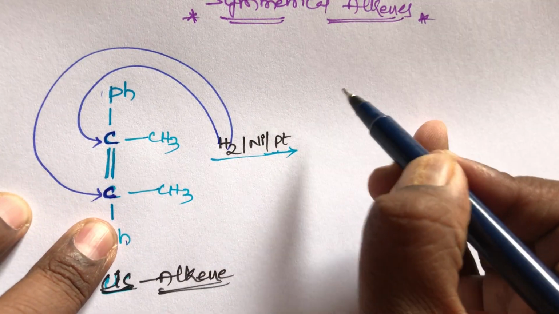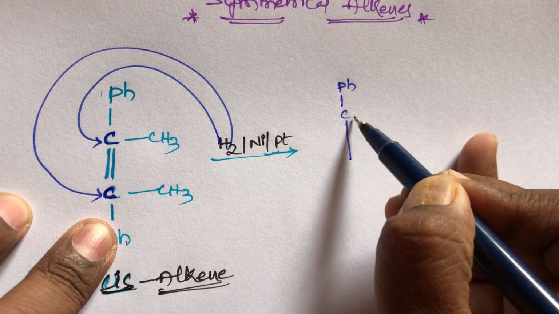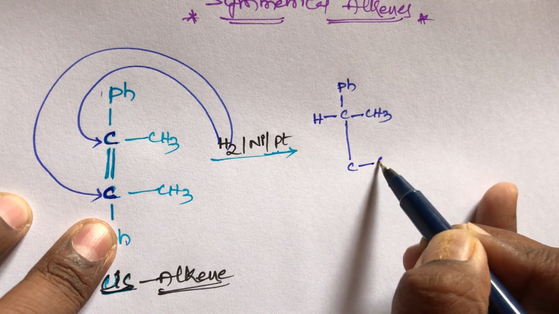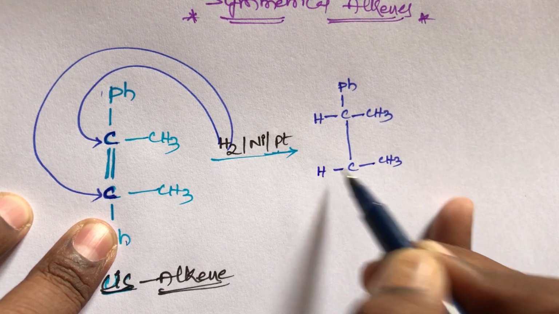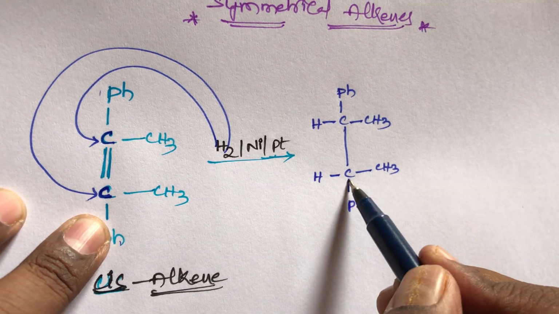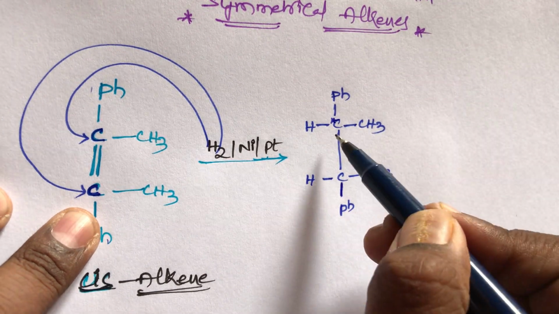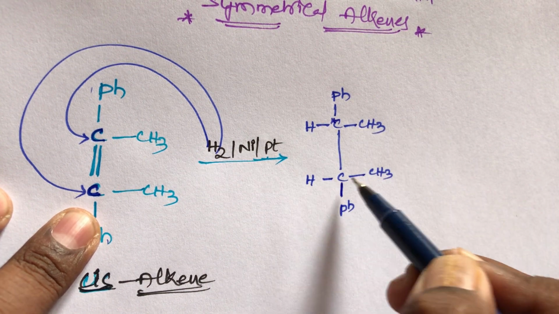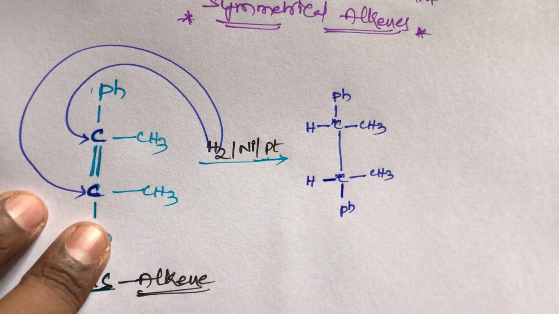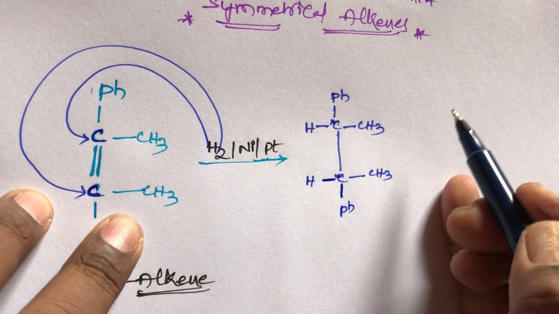Now write the product. This carbon has phenyl, one methyl group on the right hand side, and one hydrogen will attack the left hand side. Here also a CH3 group as usual, and one hydrogen will attack the left hand side. This is also a phenyl group, and top and bottom are both equal. So this is a chiral carbon, students. This carbon has four different groups surrounding it, and this is also a chiral carbon. So we can write this hydrogen shifting to the left hand side. This compound's mirror images are not the same.